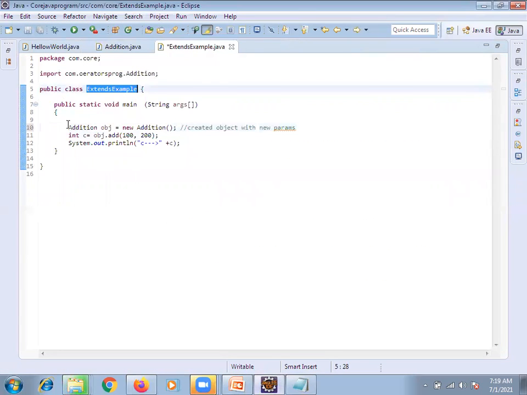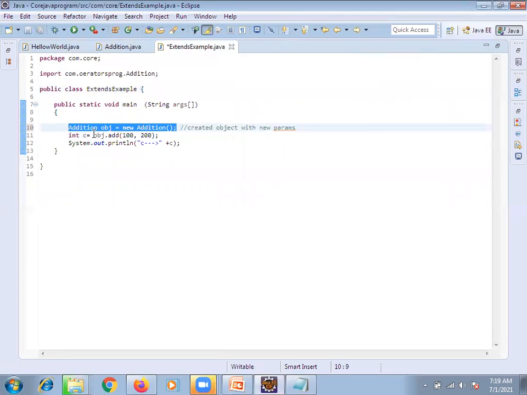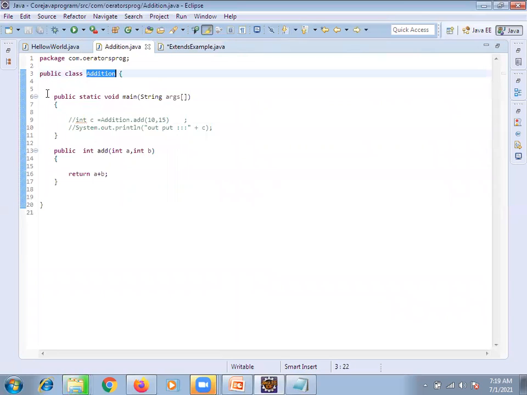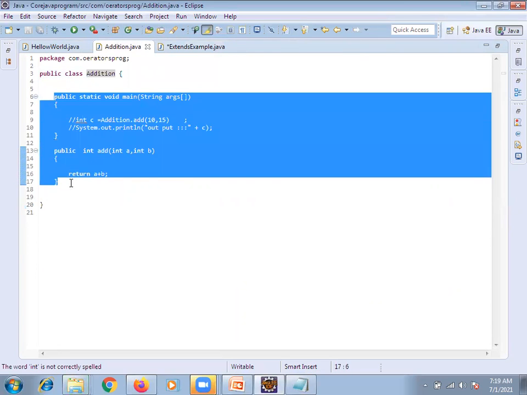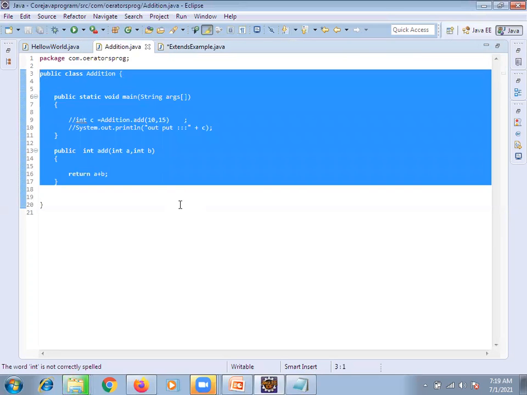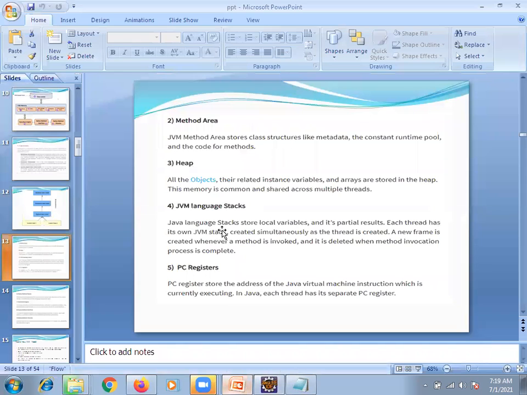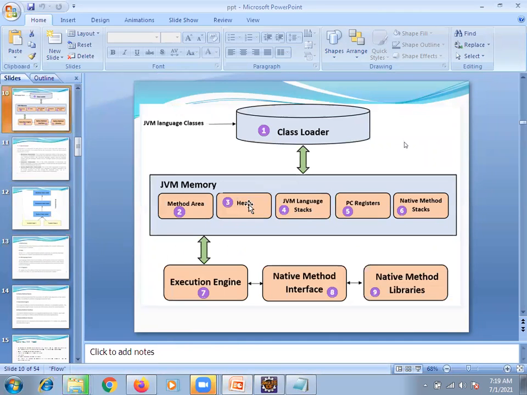But coming to here, this is the major step. It will go to heap memory because we are creating the object. Object creation means instance. Instance means object. So this is the object that will be saved in heap memory. This is the third step.